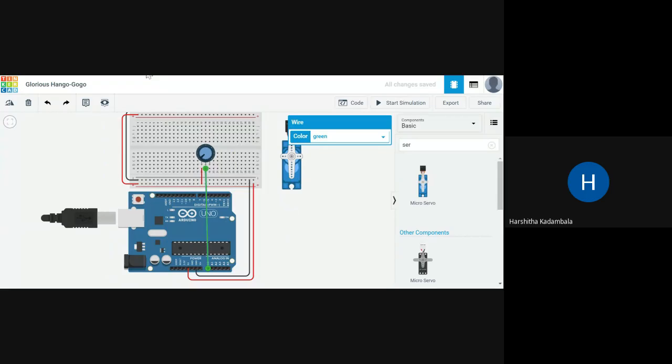Excuse me, Rohit, just a minute. I think few people are asking to re-explain the code of the program you said. So could you please repeat the code? Okay, of the ultrasonic sensor. Okay, so let's go back. I mean, this got saved, I guess.